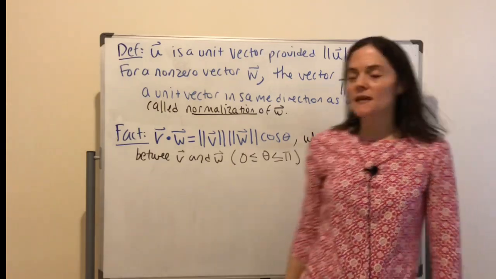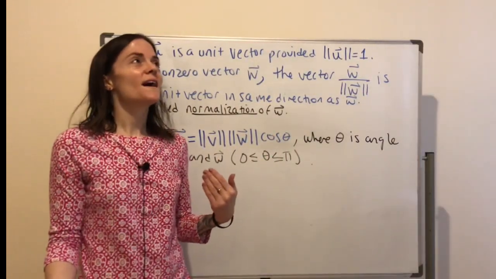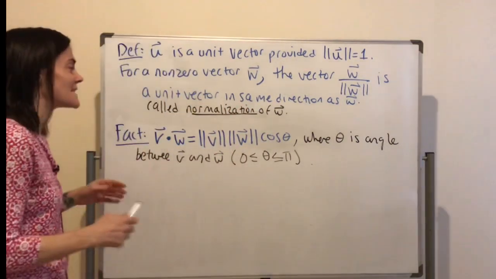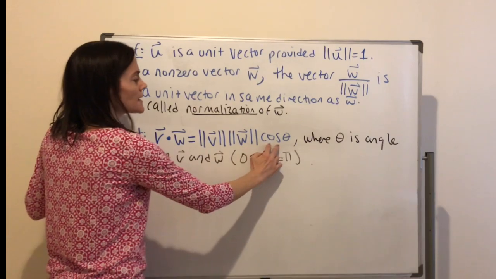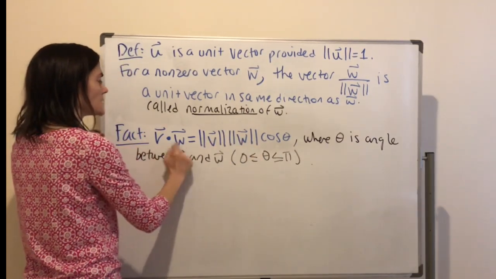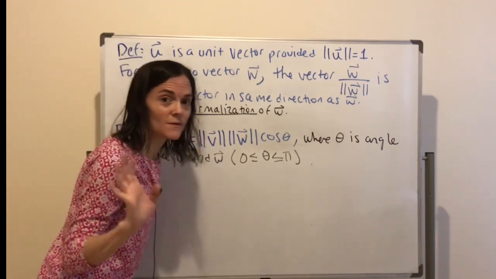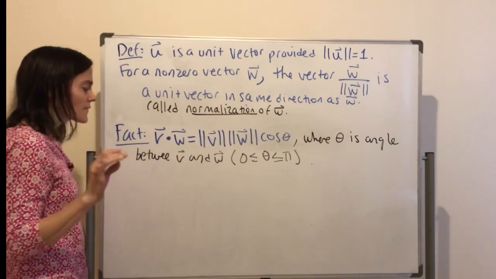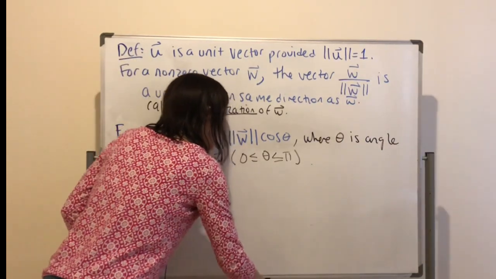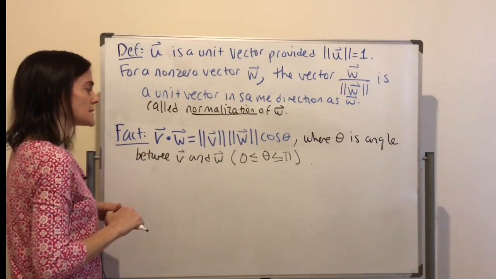Okay, well, in particular, and this is something that you might do in a physics or Calc 3 class, you can find the angle between two vectors by just taking V dot W divided by the two lengths, and then using the inverse cosine function, for example. Okay, this is something you can do, but I am trying to make an observation. So what do we notice here